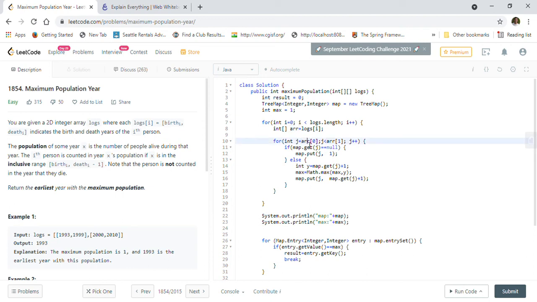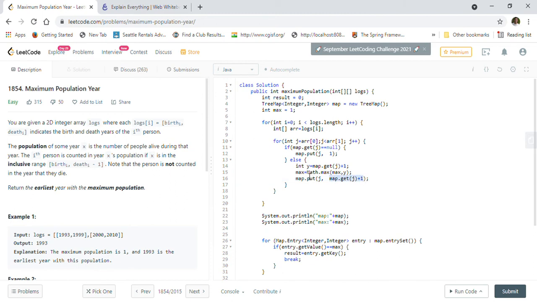So we start iterating again here, over one internal array. We start from birth here and go until the death here, right? But it is less than death here, so it will automatically avoid that year, because they are saying death minus 1, right? So this condition is automatically handled because it is less than the death year. And we check our map. If we don't have any entry, we just add the entry for that year as 1. If we find an entry, we get the entry and increment it.